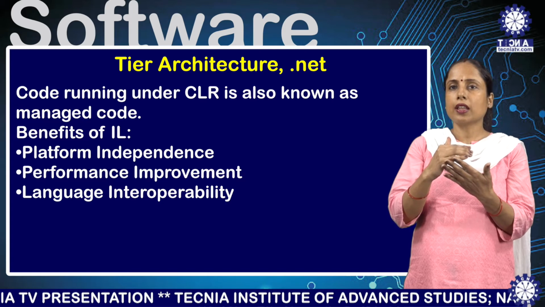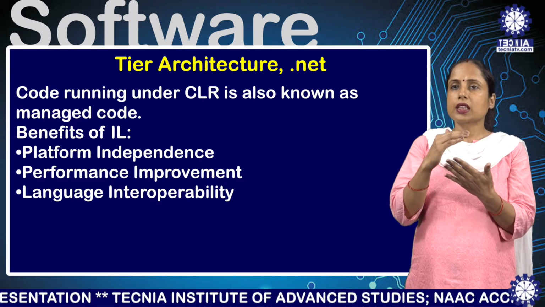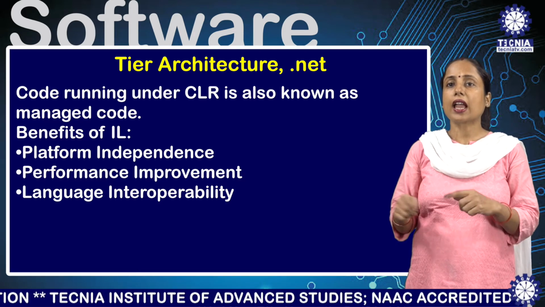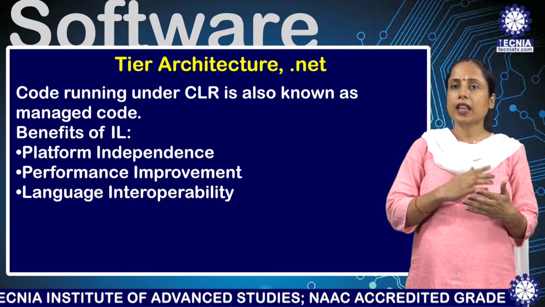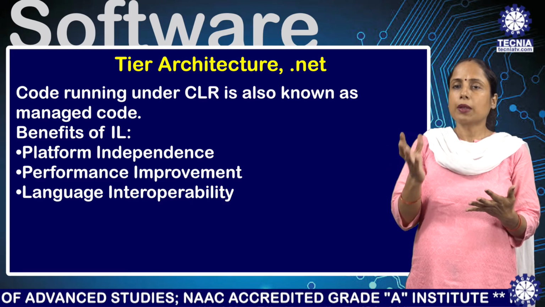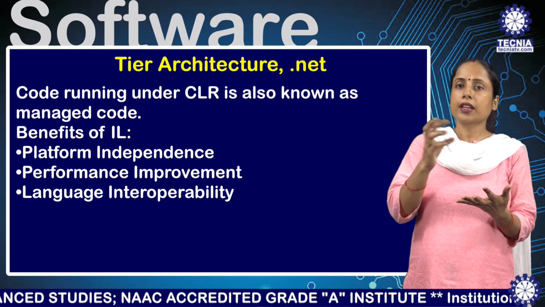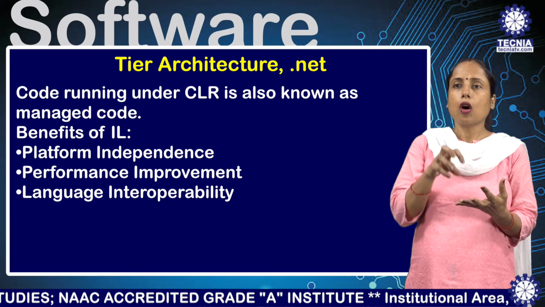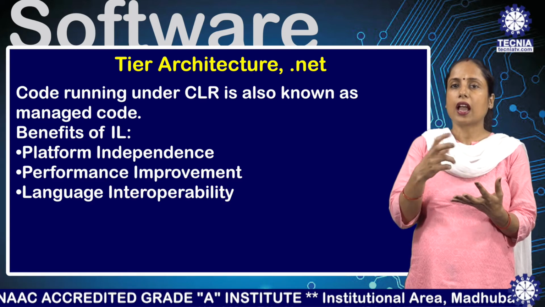Now, we will know step by step about all the levels of your .NET framework. The base level is CLR, as I told you. The CLR is the engine that manages the execution of the code. It is a runtime execution environment. It creates managed code. But before creating managed code, it creates an intermediate level code or intermediate code that is known as IL.